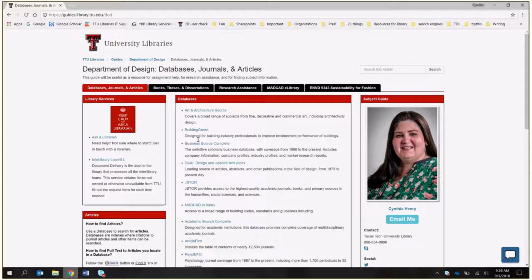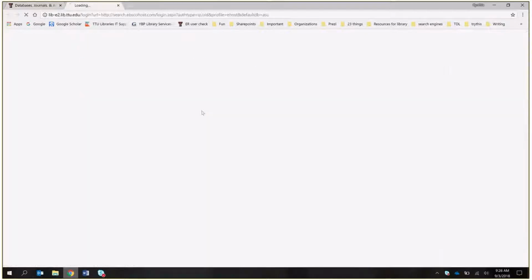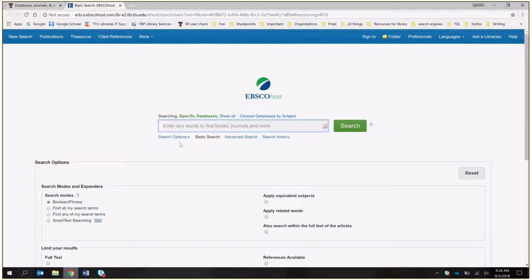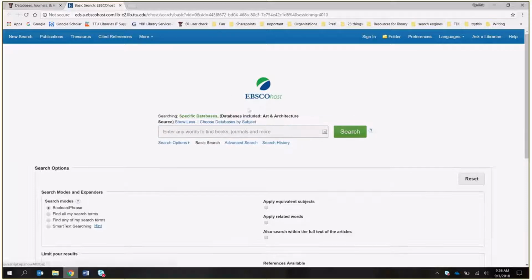Here are all the databases that are really great for design as we get started. And then we'll be talking about a few other things around the outside edges. So let's go ahead and get into Art and Architectural Source. Here we are in the database. This is a big vendor that we have quite a few databases from, like 300 databases are from EBSCO, I think. And so if you click on the show all, it tells you the exact name of this database,